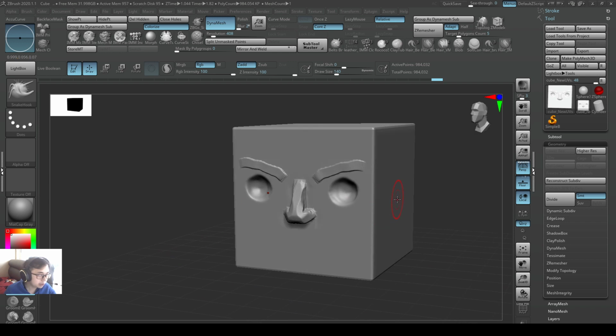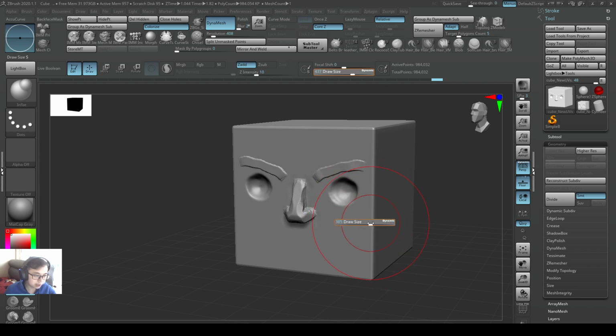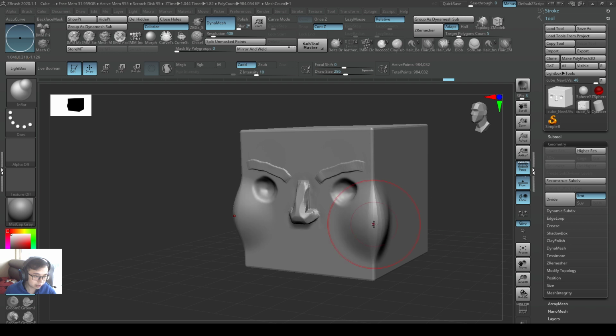Number 3 brush is the Inflate brush. Open up the draw size by pressing S and then bring it up, or you can change the draw size on top over here. Right at this corner here, where I'm putting it into the cheek area, I'm going to inflate this area and then make it a bit rounder. A big draw size is important so that I will create a bigger surface area on it